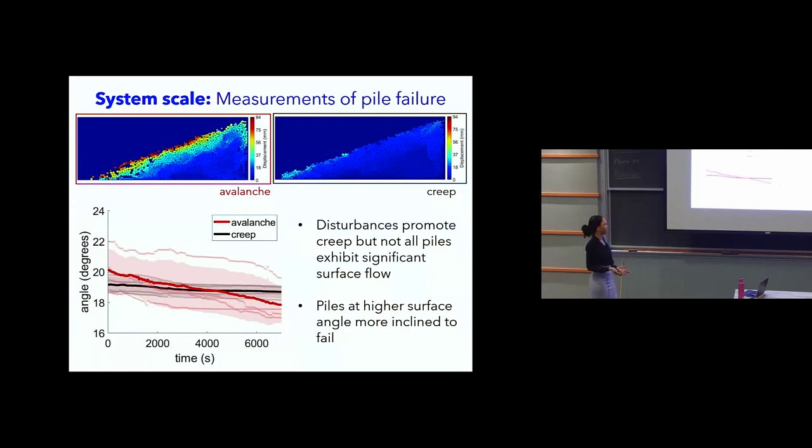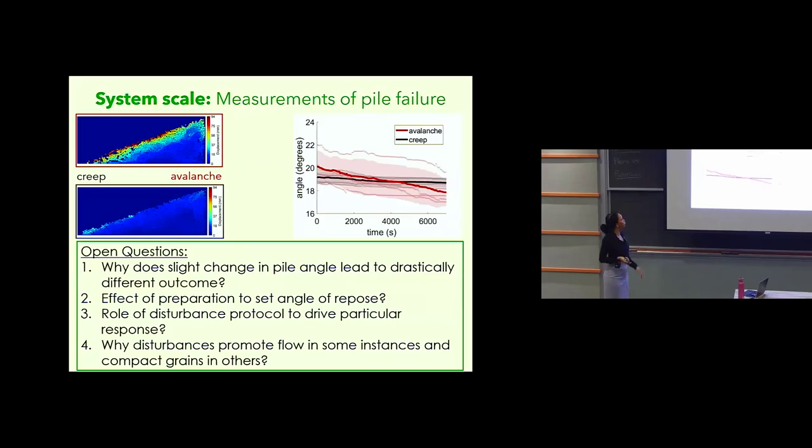And typically when a pile happened to form at a higher initial angle, it was more inclined to fail. And those failure events would lead to the pile typically relaxing to an angle that was below that of creep. So while that was a pretty consistent feature that we observed in the behavior of our piles, we certainly don't understand more about it. So I'm hoping that during the time here in the program, I can understand a bit more about that. That's just one of the questions that I have.